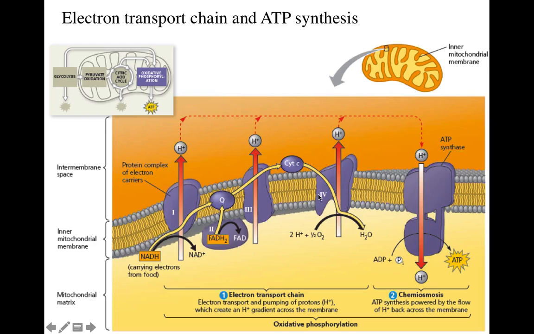These four complexes, they're fixed into the membrane: complex 1, complex 2, 3, and 4. While two other electron carriers, they're mobile in nature: ubiquinone and cytochrome C. So they will shuttle electrons through the electron transport chain, the mobile carriers. And the job of the fixed protein complexes is to shuttle protons. So mobile carriers are carrying electrons, and the fixed ones are shuttling protons from the mitochondrial matrix into the